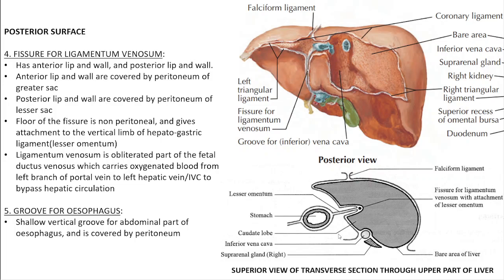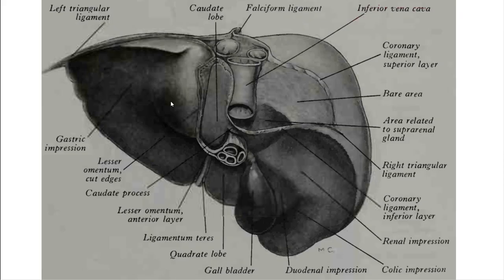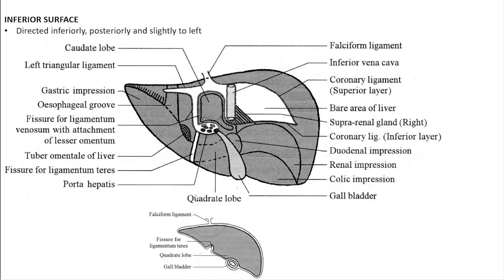Right. Okay. And the inferior surface of the liver is also visible here, which comes in relation to the fundus and body of the stomach, the pyloric part of the stomach and first part of the duodenum, the gallbladder, and the superior duodenal flexure. This part comes in relation to the transverse colon and the hepatic flexure of the colon, and this part comes in relation to the kidney, hence the renal and the suprarenal impressions. And this is the porta hepatis, this is the fissure for ligamentum teres.